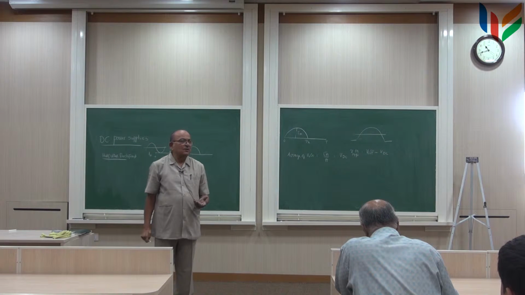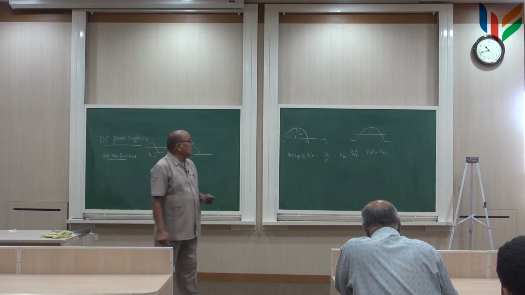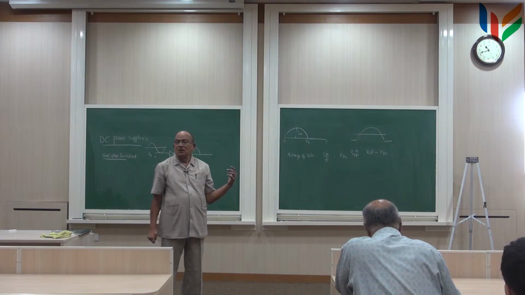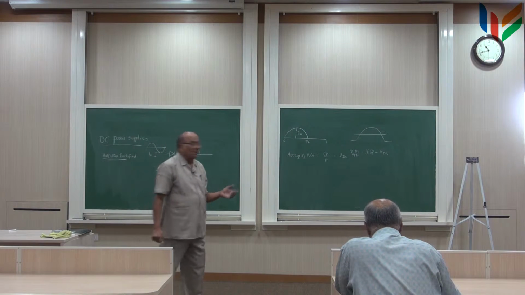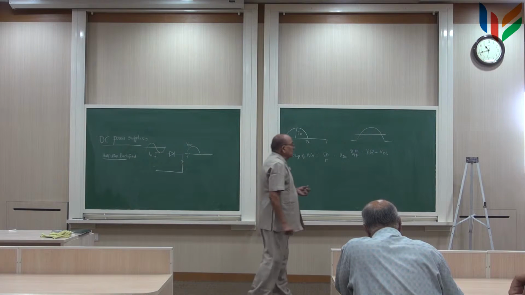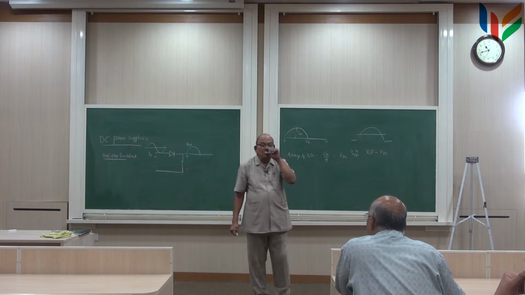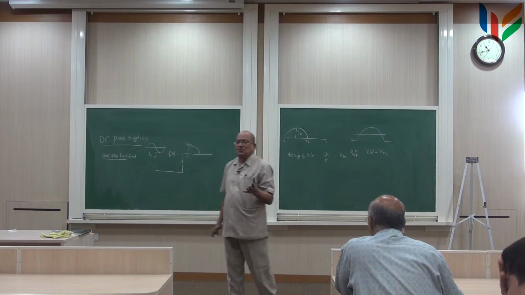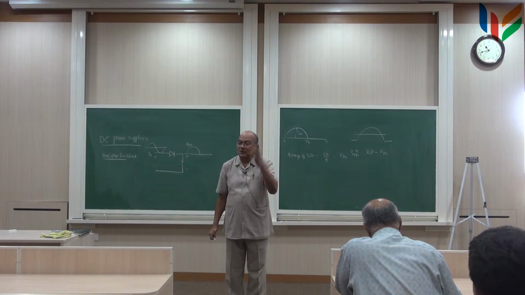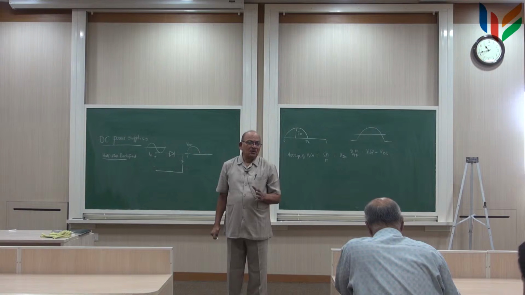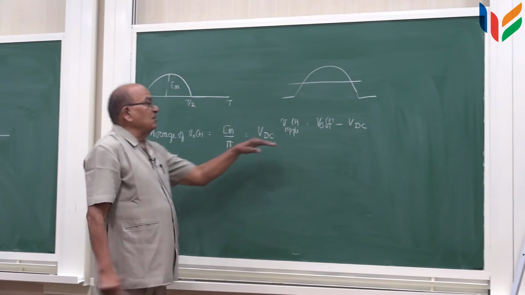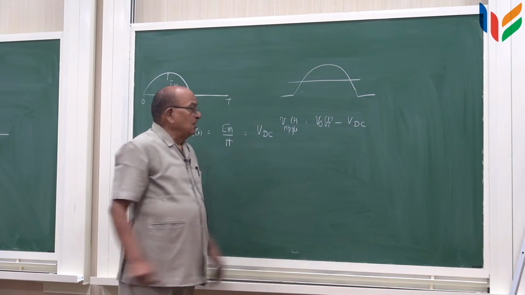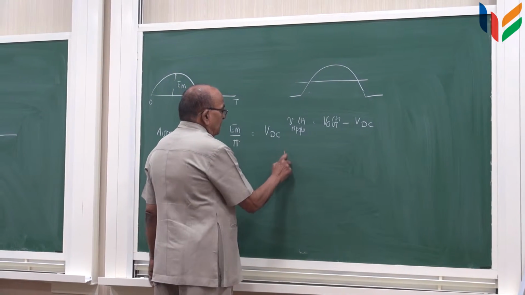We want to avoid this, but we would like to get a measure of how much the ripple value is, and see how bad this supply is. We normally require the ripple to be not more than about 0.1, 0.01, 0.001% of the DC. Compared to that kind of requirement, we look at the ripple. If you find the RMS value of the ripple,